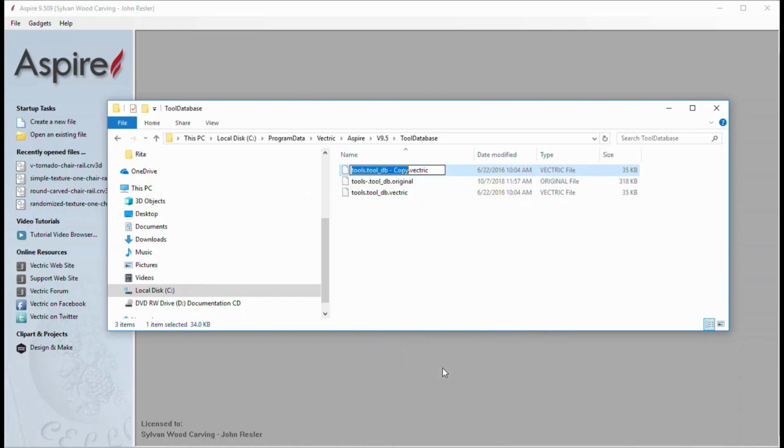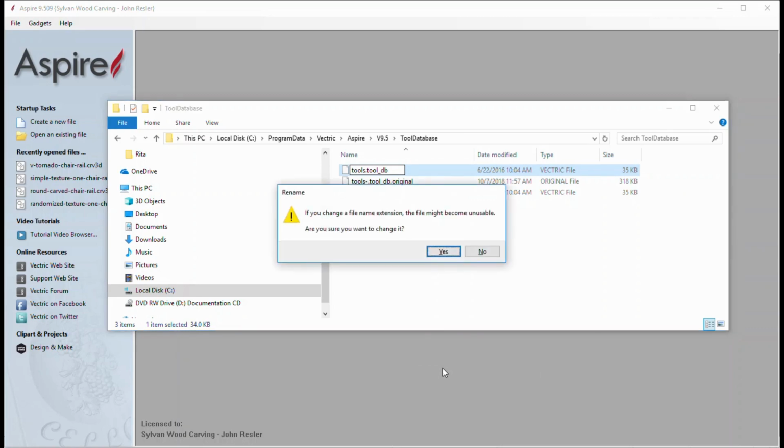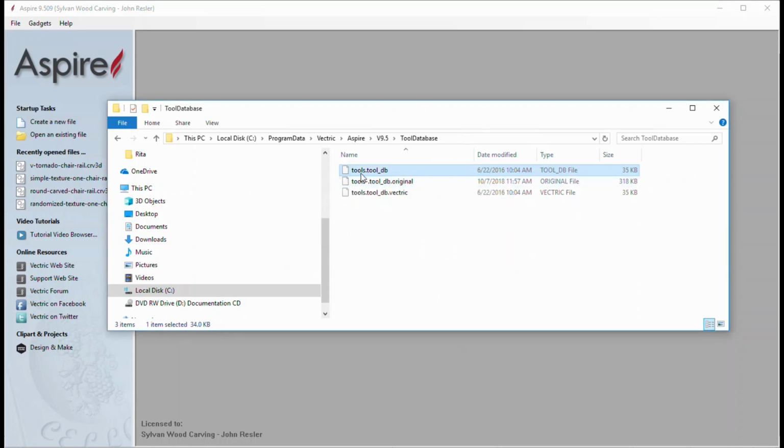Okay, this is where the potential danger comes from, because if we overwrite an old file or do something to this one in this process, then we are going to be in a problem situation. Now, I believe you can go out and ask for a copy or download the original tool database, but you need to go to the Vectric website to do so. And if we know this ahead of time, then we don't have to do that. Okay, so there's our tools tool database.